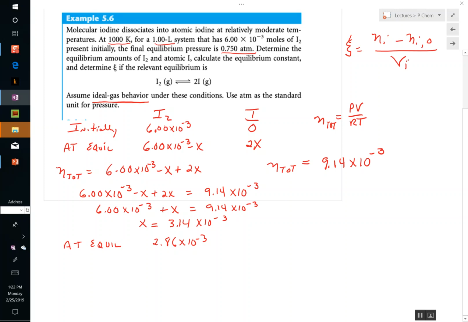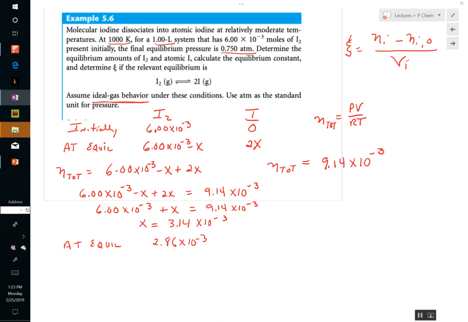That's where that new came in. And remember, the coefficient is negative for a reactant and positive for a product. And extent can be positive or negative. We were debating that the other day. It's negative for a reactant, positive for a product. For this one, it depends on what you solve for. If you're solving with the I2, it's just going to be